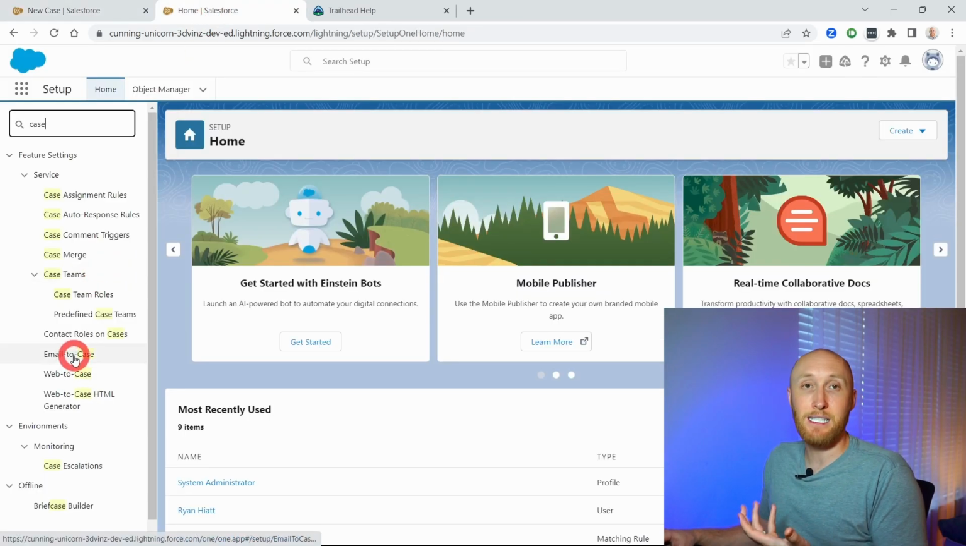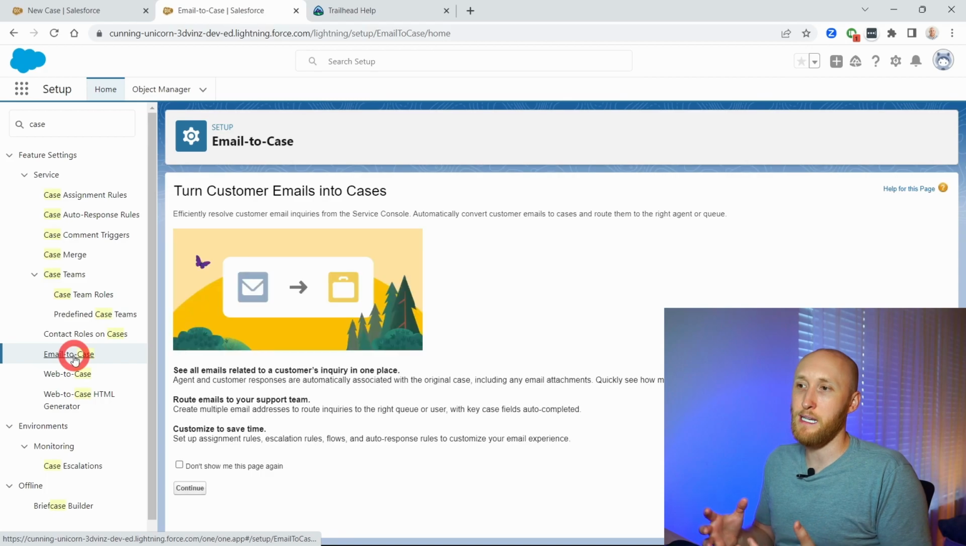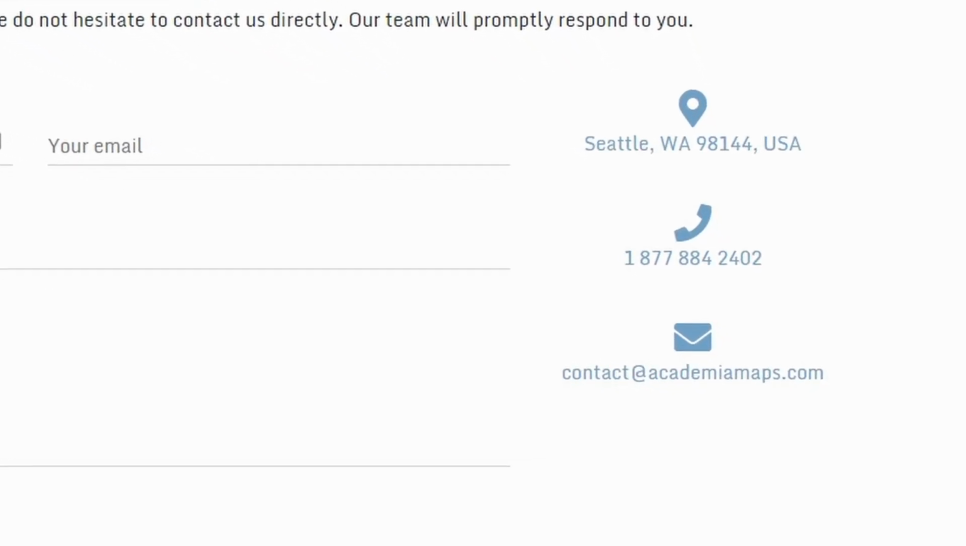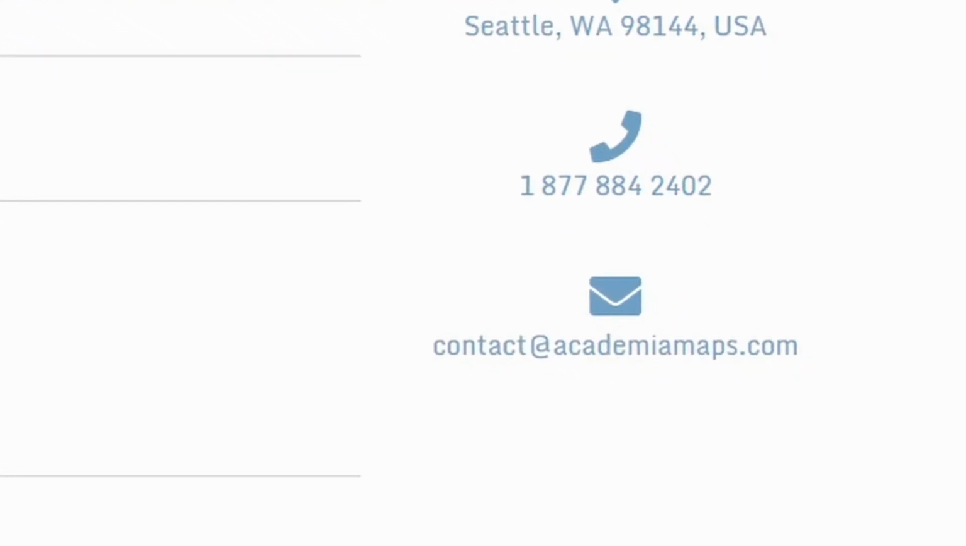I want to show what the cases look like, but jumping back to email to case is what we'll use first. Oftentimes on a support team, you will have a general support email that can be shared across your team. Oftentimes you'll see it on websites as contact@companyname.com or support@companyname.com. This is where you need to understand how to set up email to case, so that anytime someone emails, whether directly to your support domain or through a form,